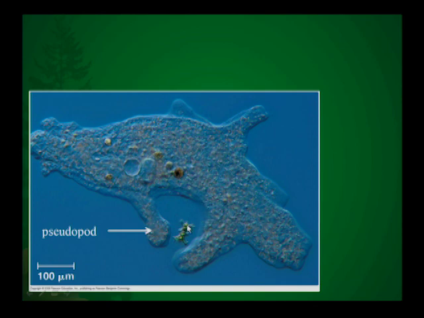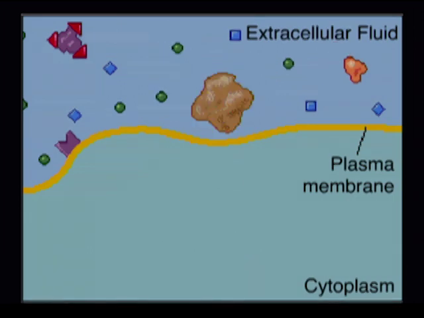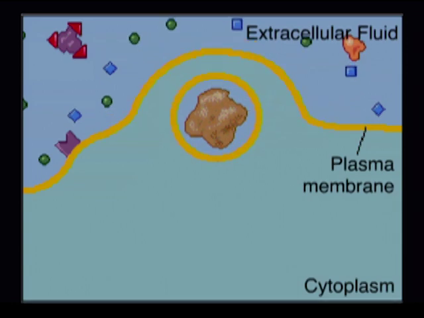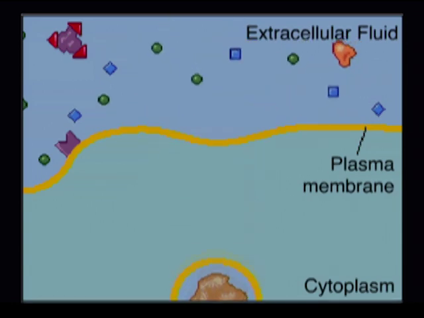So this ability to consume organisms, wrapping their membrane around and consuming it, we call that phagocytosis, which means cell eating. So I'd like to show you a little animation demonstrating phagocytosis first. And so you can see that the cell membrane surrounds a piece of organic material and brings that inside the cell. And then once inside the cell, that material can be digested.